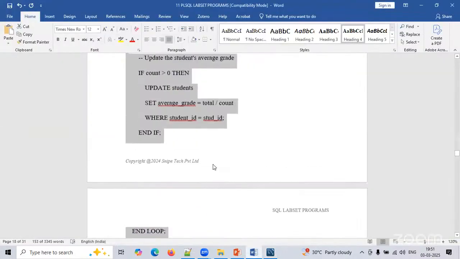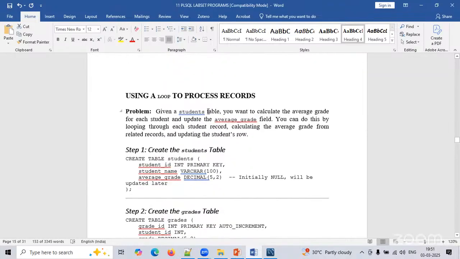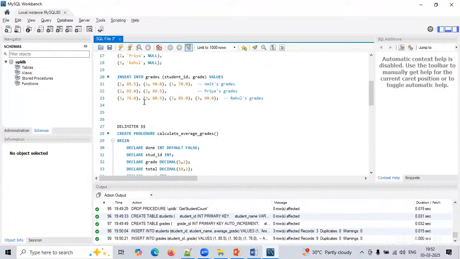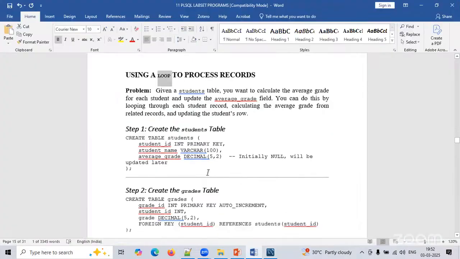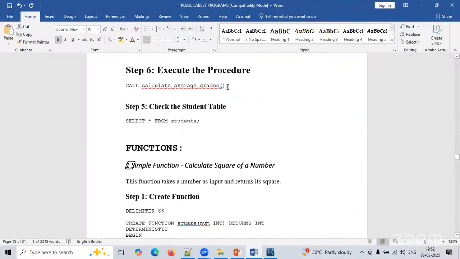So what is the objective here? The objective here is, given the student table, you want to calculate the average grade for each student and update the average grade in the field. Okay. So our objective is to learn how to use the loop and cursor. So that is what we have understood here. So let me execute this. Then once this is done, try to execute this. Now I think